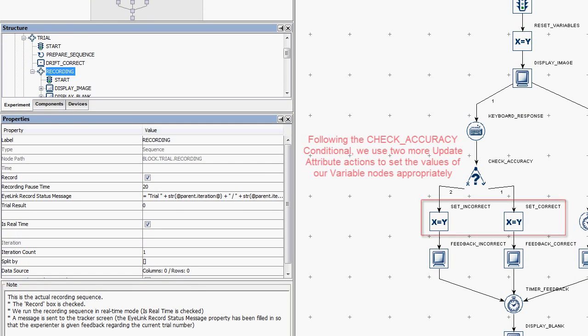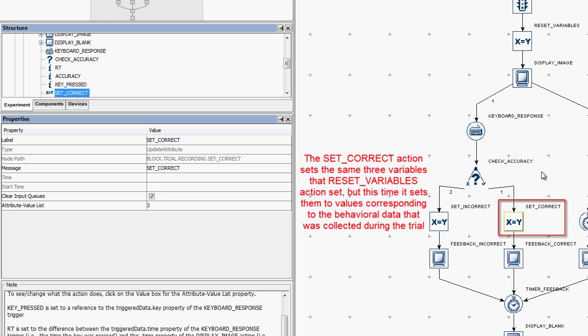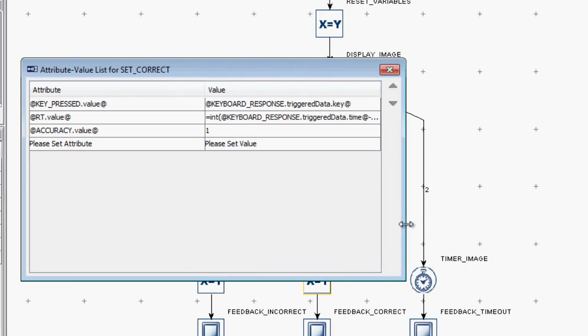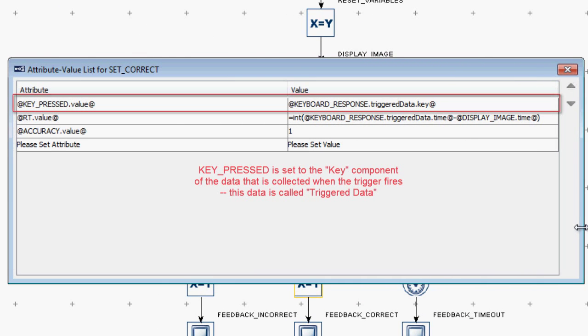Following the check accuracy conditional, we use 2 more update attribute actions to set the values of our 3 variables. The set correct action sets the same 3 variables that the reset variable node sets, but this time it gives them values corresponding to the behavioral data for the trial. Key pressed is set to a reference to the key component of the triggered data that is collected when the